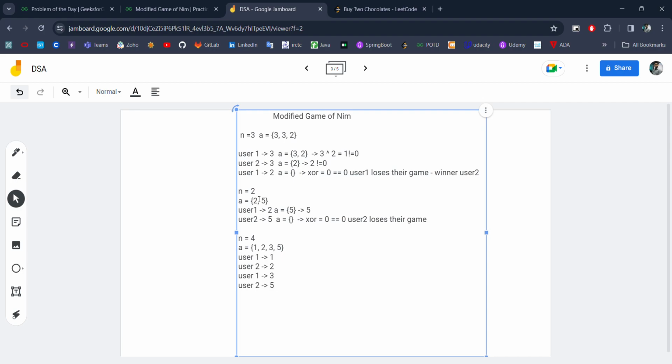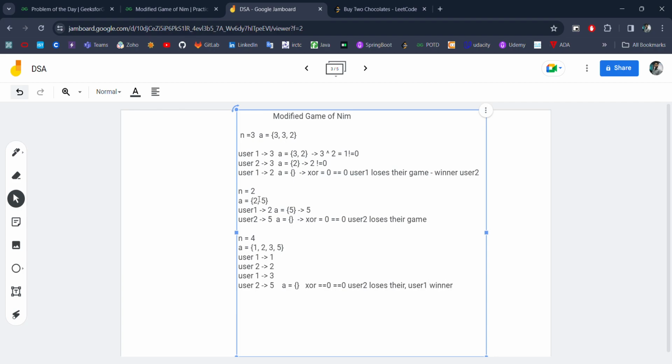In that case our updated array will be empty and the XOR will be 0, so user 2 will lose the game, and the winner will be user 1.